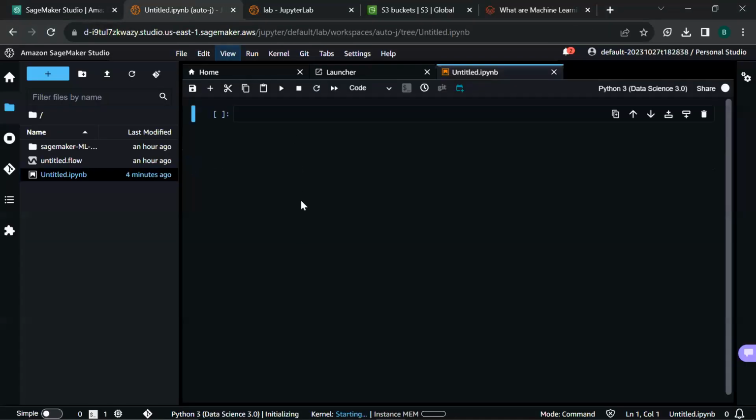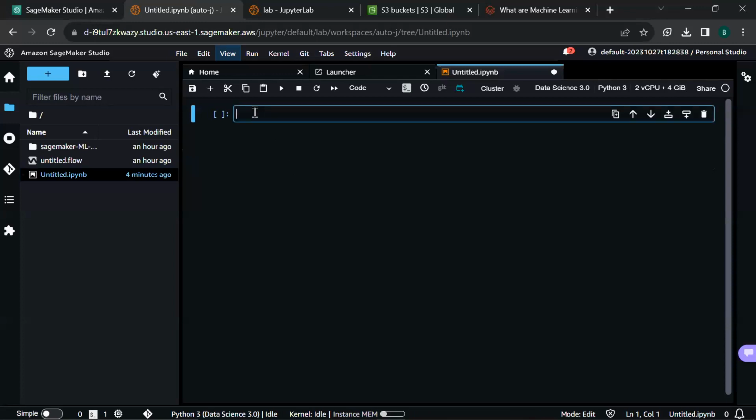So we have the notebook created. Just like VS Code, if you've interacted with Visual Studio Code and written some code there, Jupyter Notebook is the same. It enables you to write some Python code. In this case, it's going to be Python code because we initialized it with a Python 3 kernel.